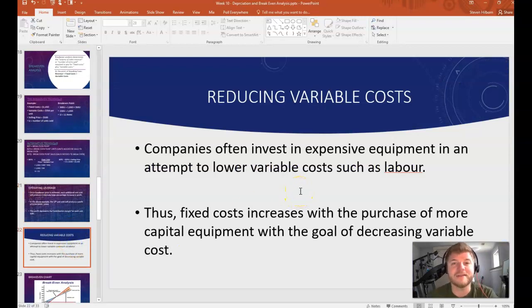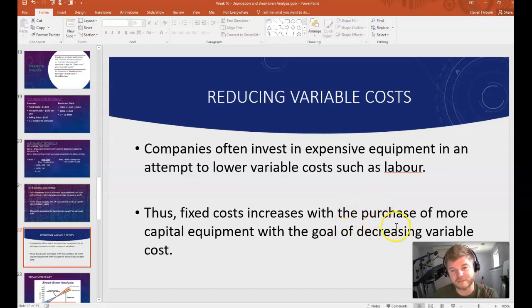Companies often invest in expensive equipment in order to lower their variable costs, such as labor. So the variable cost is fluctuating, right? Fixed, we know exactly how much. Variable cost, we don't know exactly what the labor is going to be, what the cost of wood might be, or, if we're building and assembling these tables ourselves, what kind of time it takes to create these. So fixed costs increase with the purchase of more capital equipment, but the goal is that we want to